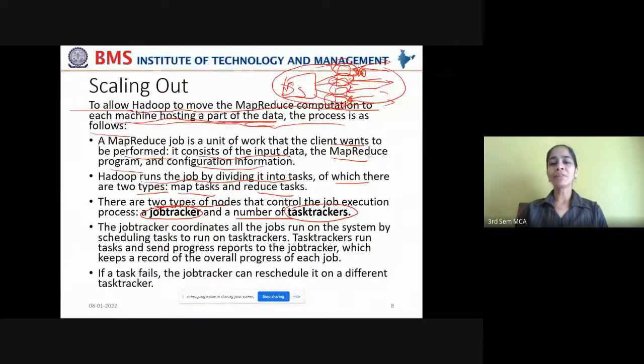So the Hadoop daemons that should be up and running are name node, secondary name node, data node, job tracker, and task tracker. Right.